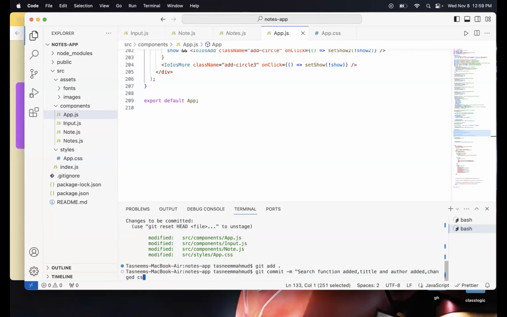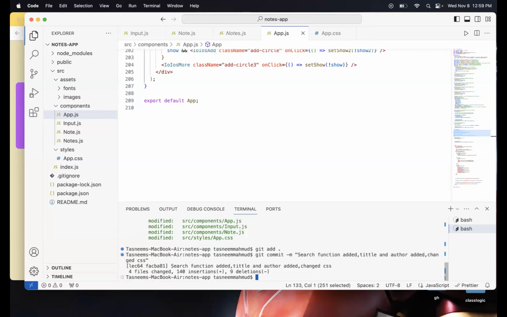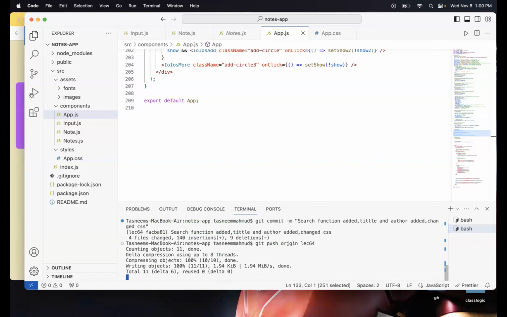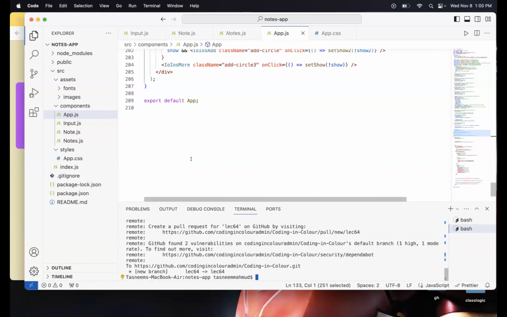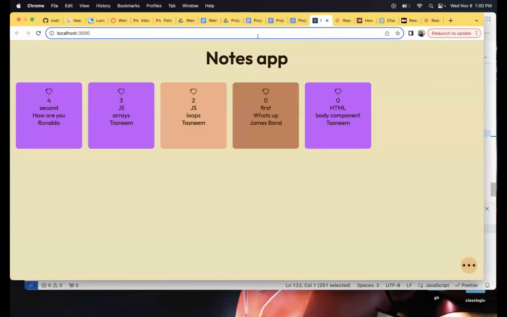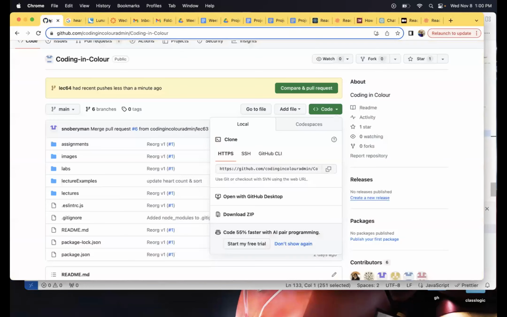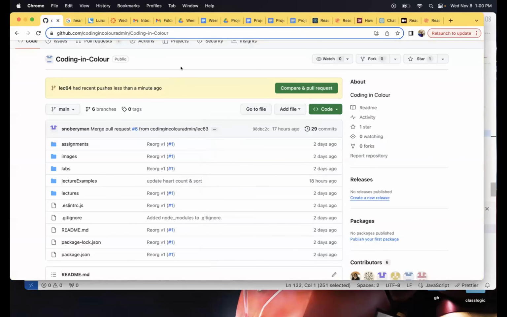Changed CSS. Okay, so that's done. And let me just git push origin lecture 64. Just check it before I do it. It should be there. Yep, it's there. All right.